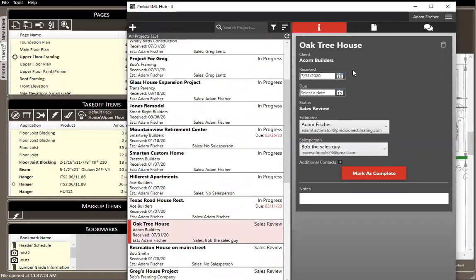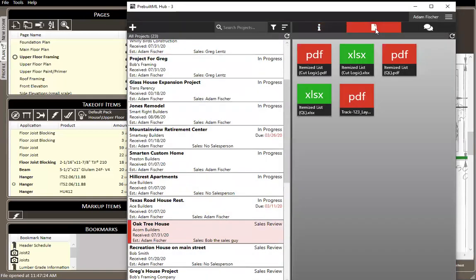So I've done my oak tree house, and if I go over to my file section, here are my output files. These are the ones that show the different reports, the Excel sheets, or things that I've output from this actual material list. If I was going through different iterations of these, and the salesperson or whoever I was doing the work for asked for some revisions and changes, and then I posted them back, if you use the same file name, of course, it's going to write right over the top of